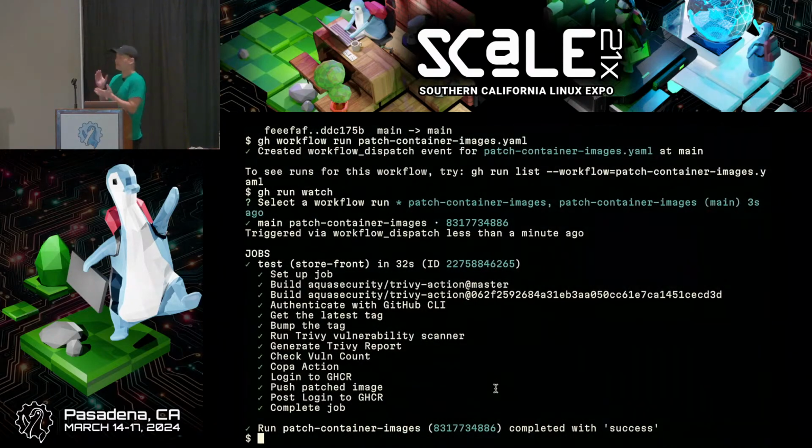So at this point, it found a vulnerability again, because remember, I'm always patching based on the latest, and I'm running this based on a cron schedule. So this will run like once a week, and it'll always find the patch until I update that base layer in the Dockerfile. That's when I'll really fix the issue for good. Okay, so